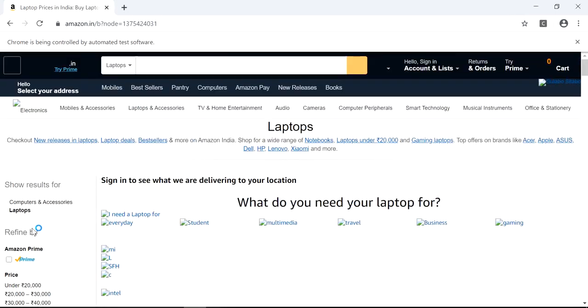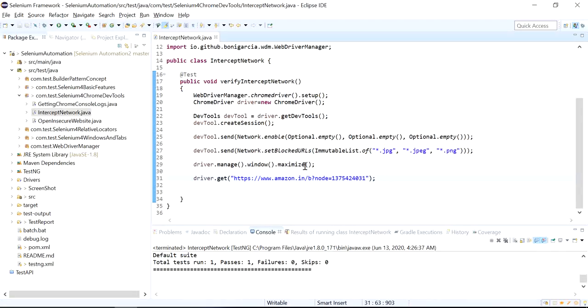Okay, fine. Now let me move forward. So here we can see how we can intercept all the images from a web page. Now I'm going to add one more point here. I'm going to intercept the CSS.